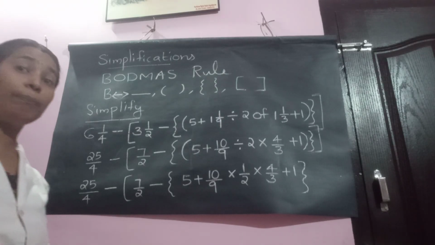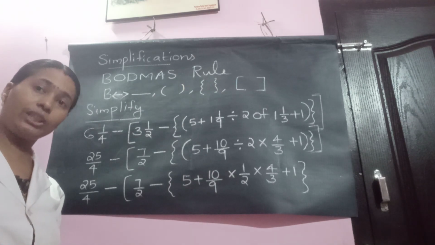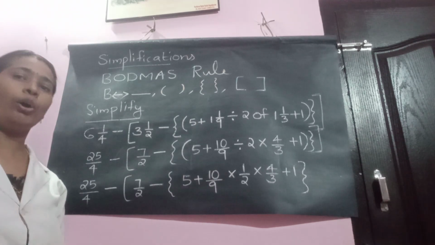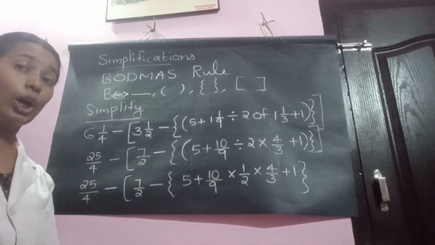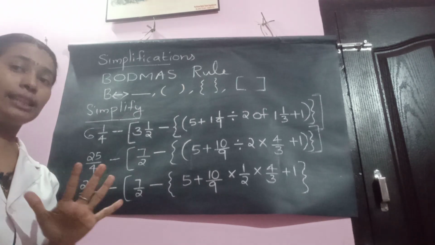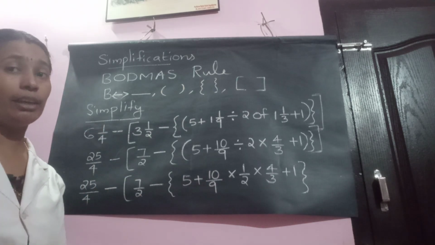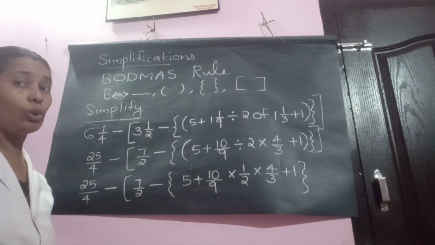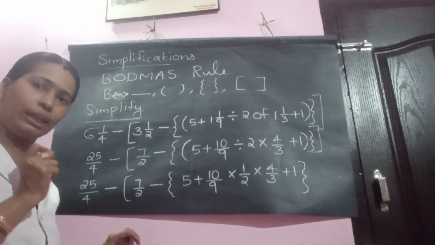Let us move to the next one. That is simplification. So what have we studied now? We have studied addition, subtraction, multiplication and division. So using all these operations and two more, one is called of, another one is called brackets, using these 6 operations, how can we simplify a given question? Okay, this is a little bit difficult for you. So go through each word by word and line by line. Then only you will get the idea.